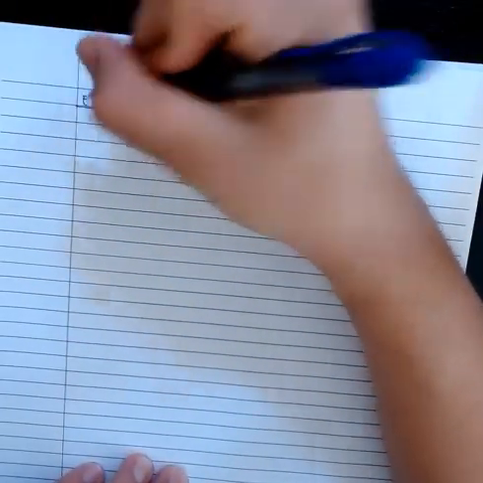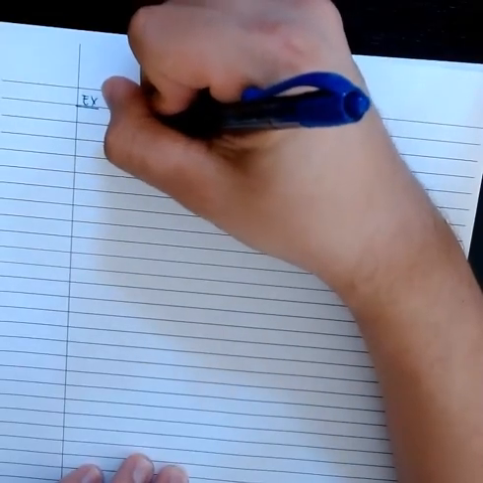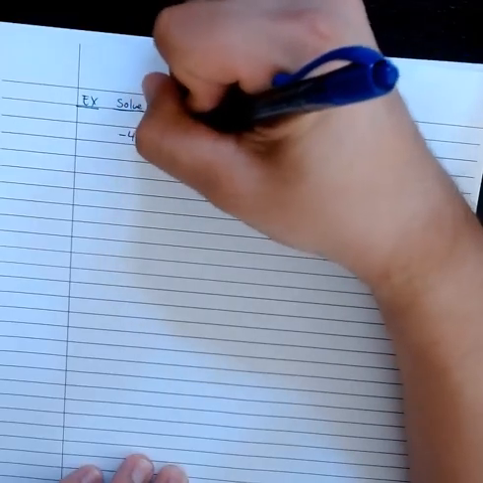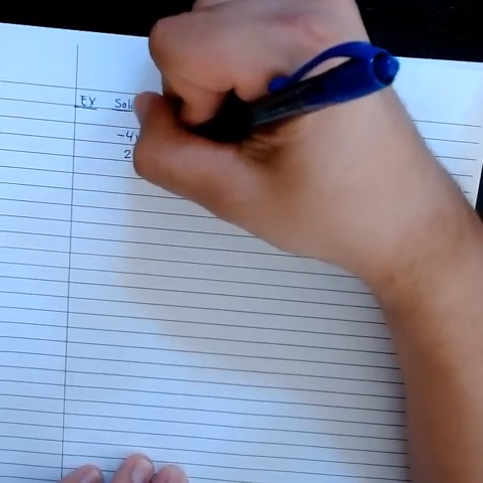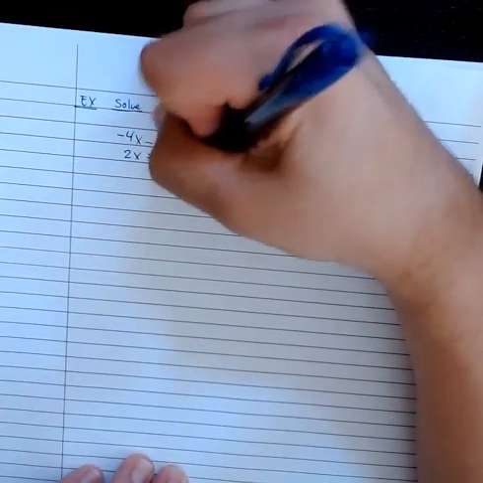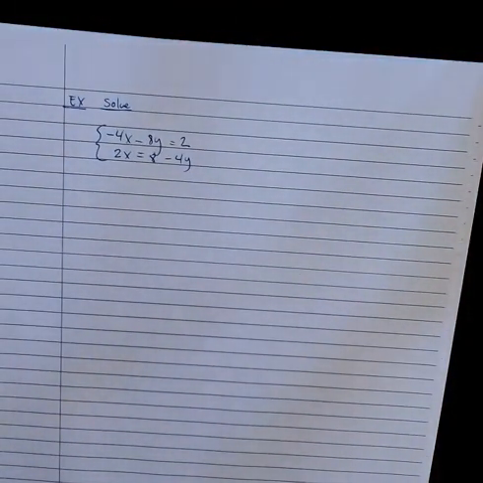So let's turn our attention to the example that's given by, let's solve the system. Negative 4x minus 8y is equal to 2. 2x equals 8 minus 4y. Now here, we could solve this by either technique, by either method. We can use the addition method, or we can use the substitution method. It won't matter, because when you have a single solution, you'll get the same solution no matter which technique you